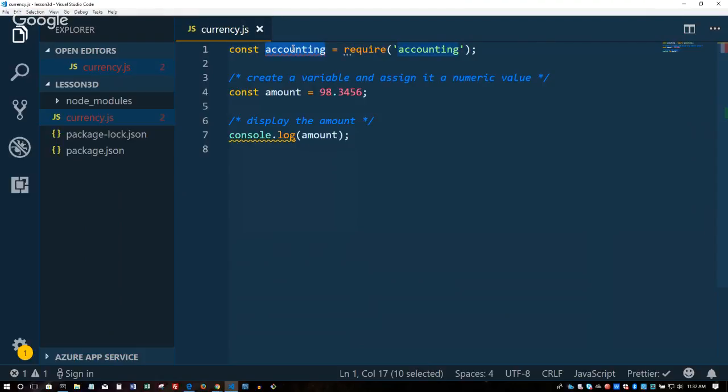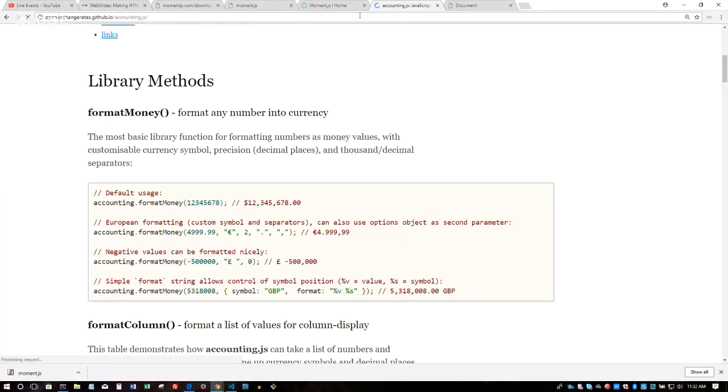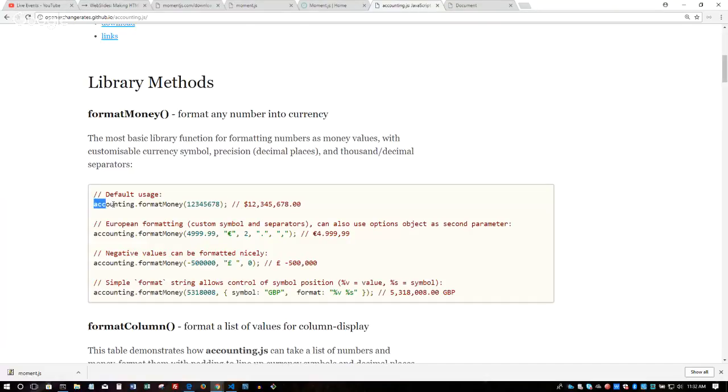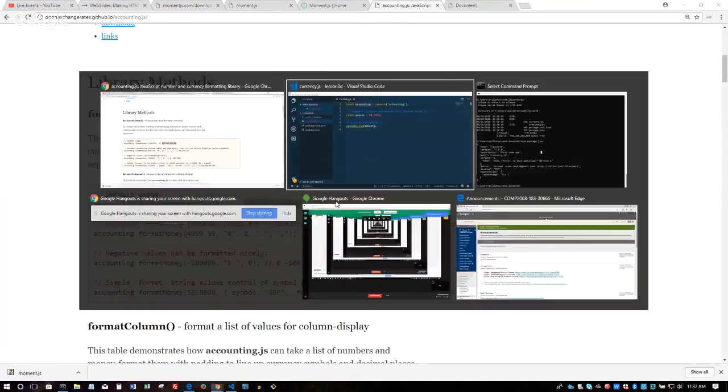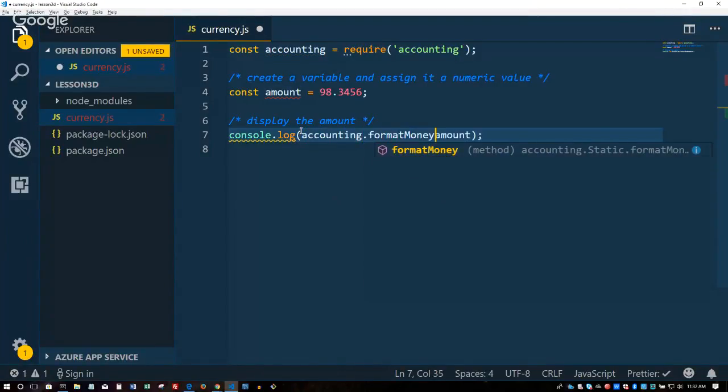Based on the web page, let's go back to their web page for a second, which I closed already. All you have to do now is use it like this in order to get a nice output. So let's try it on your own. Console log accounting.formatMoney, I think it was.